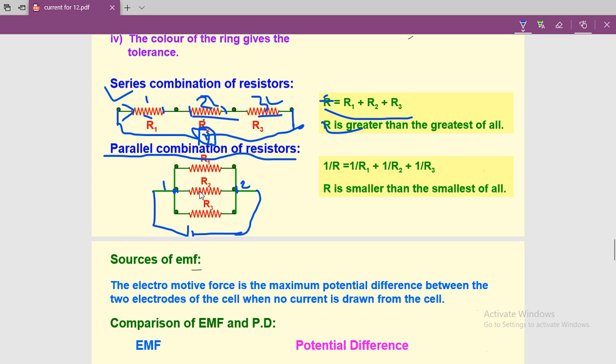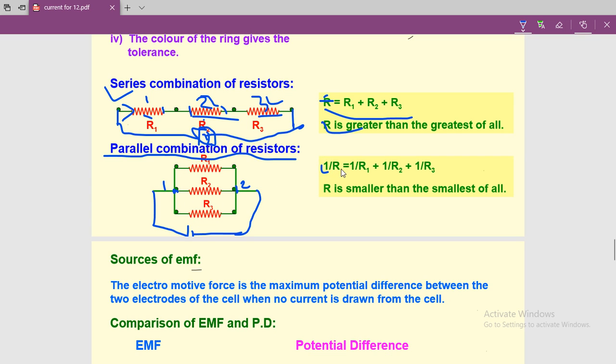Now the second point is, current through each resistor is different if R1, R2 and R3 are different. It means if R1, R2 and R3 are not equal to each other, then current through all the resistors is different. The third one is, if all the resistors R1, R2 and R3 are equal, then current through each resistor is same. And the fourth point, that is the equivalent resistance of this circuit, is given by this formula,